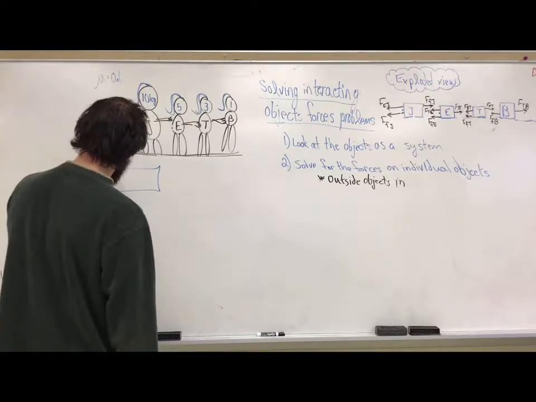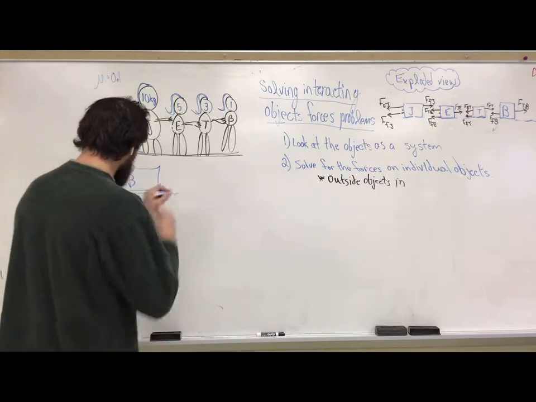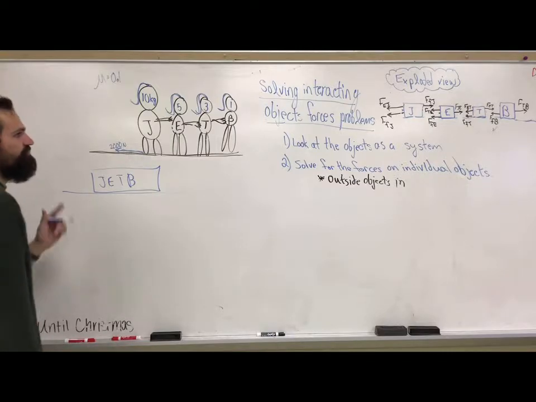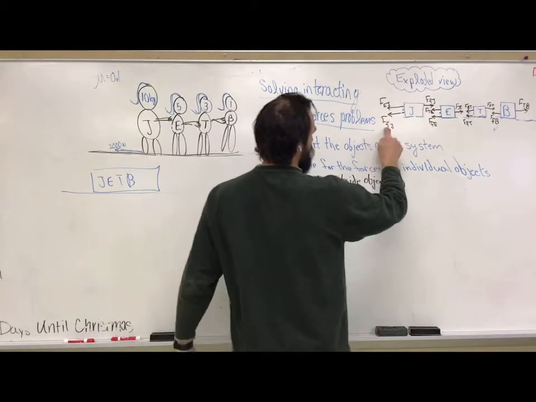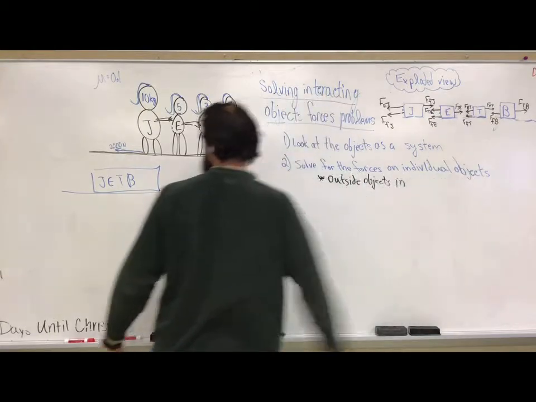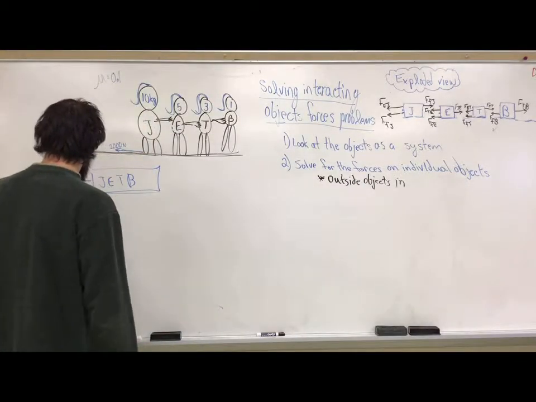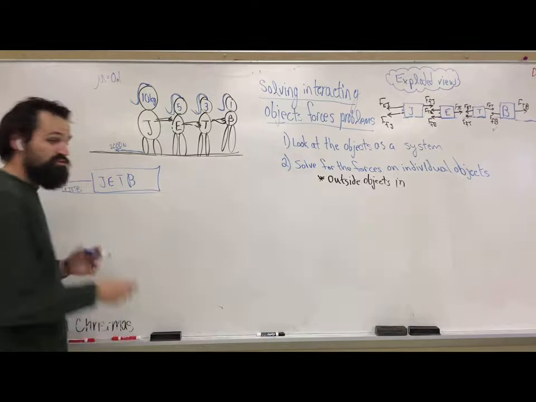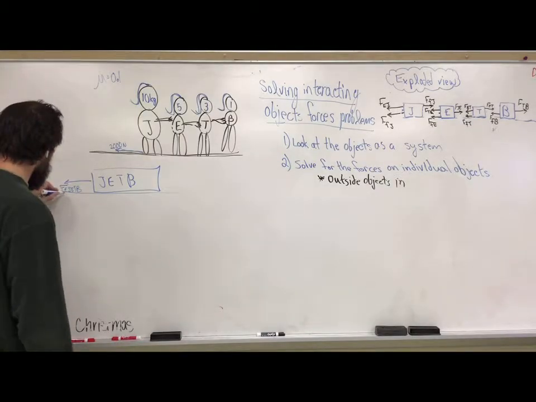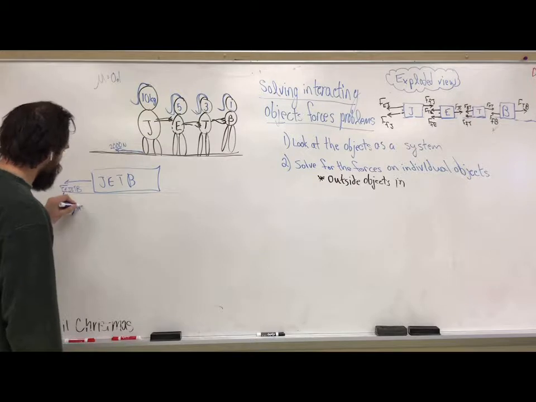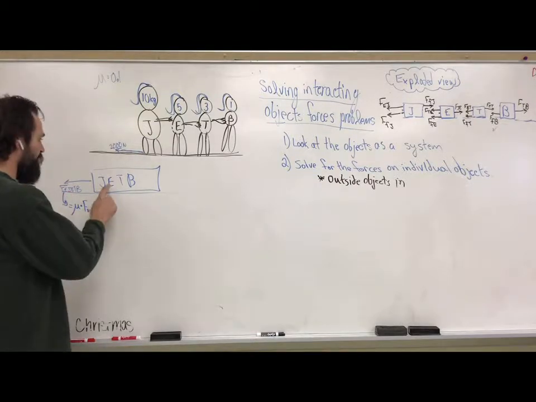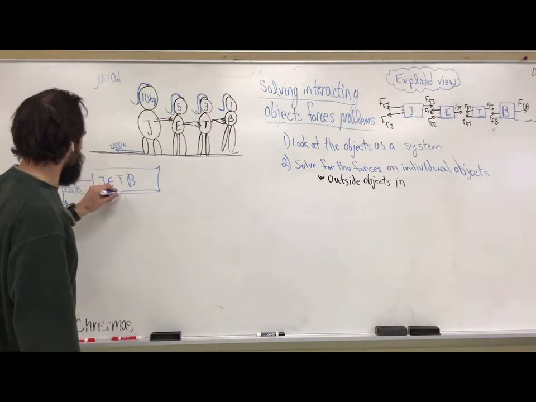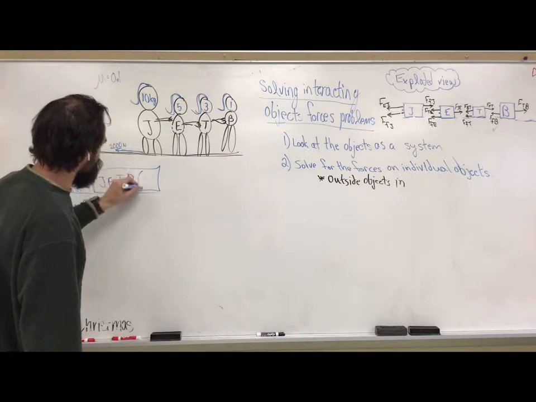So we have Joan, Elizabeth, Trinkle, Bera on the floor. Now, the only outside forces: we have the force of friction of this person plus this person plus this person plus this person, but since they all have the same coefficient, we have a total force of friction of Joan, Elizabeth, Trinkle, Bera. That's just one force of friction equal to the coefficient of friction times the normal force for all four objects added together. 10 plus 5 plus 3 plus 1 is going to give us 18 kilograms,